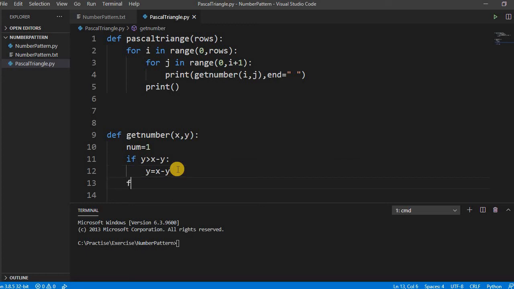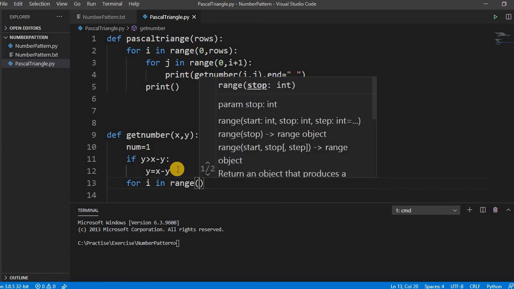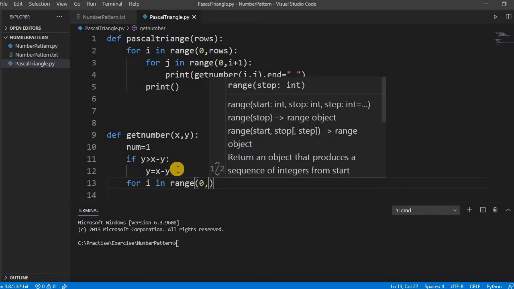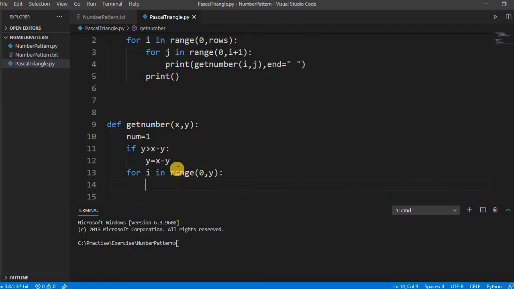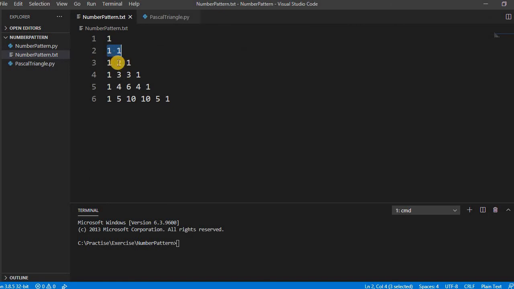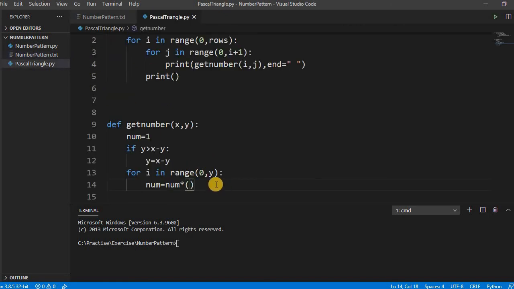If you come here, from 0 to y, you have to iterate through this, and then num is multiplied by x, the previous number. Okay, got this number.